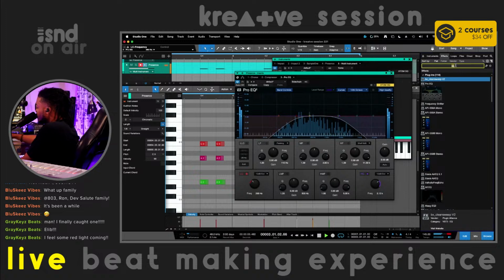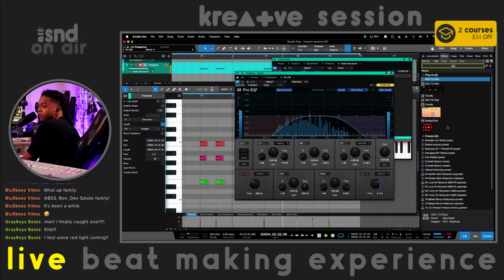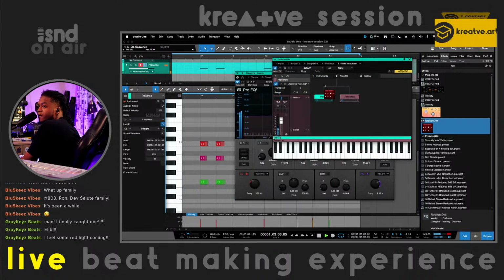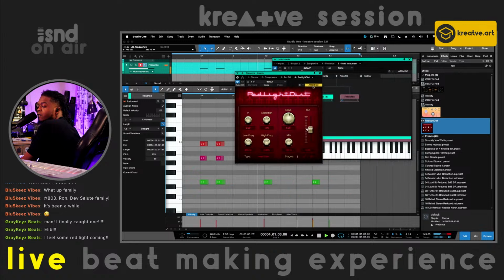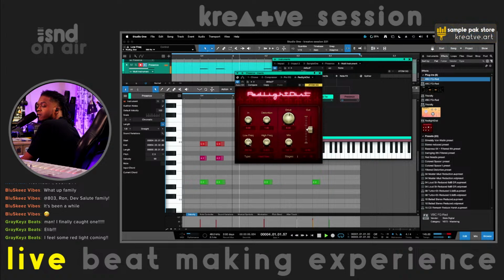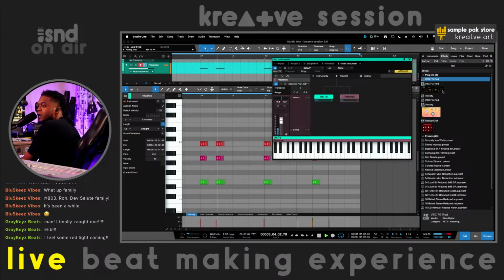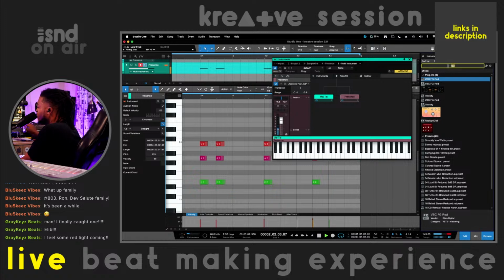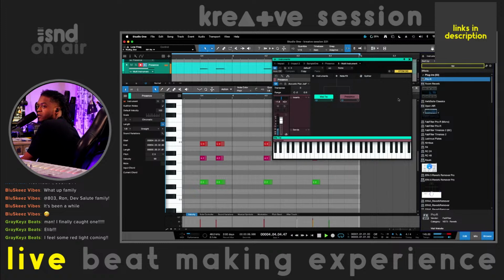Another one that's cool, I use it all the time. It's your red light distortion. Red light distortion is like your favorite friend. It adds distortion, but it adds a different type of sound, flavor. So let's go for reverb. And what I like to do with reverbs is actually throw it in the